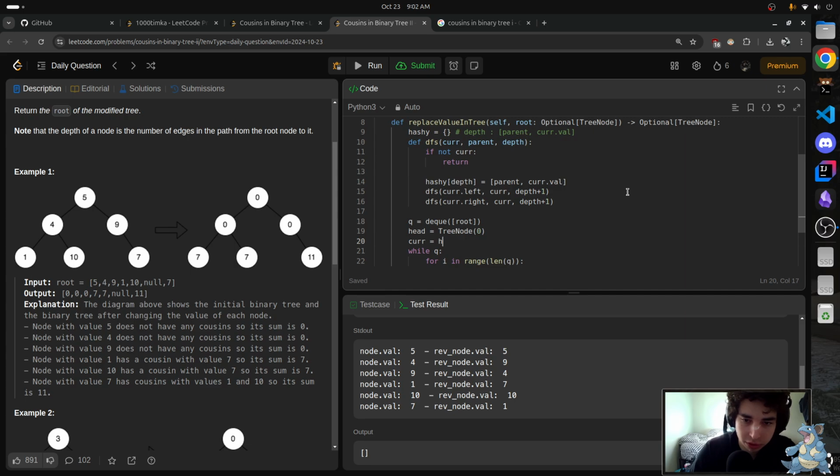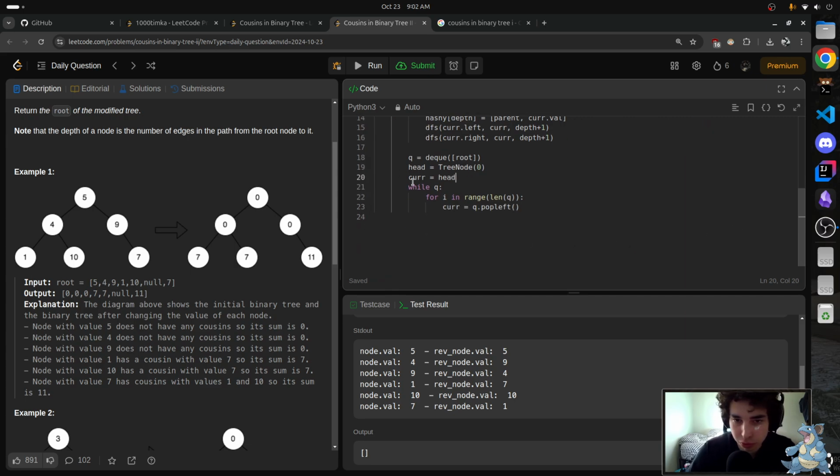Cur is equal to head. We'll do node. Let's go to head cur. So